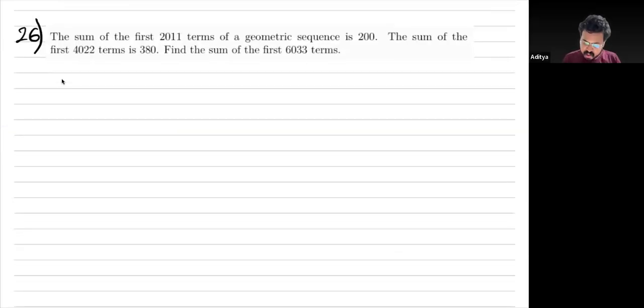The sum of the first 2011 terms of a geometric sequence is 200. The sum of the first 4022 terms is 380. Then what will be the